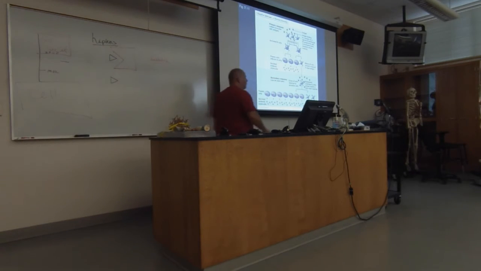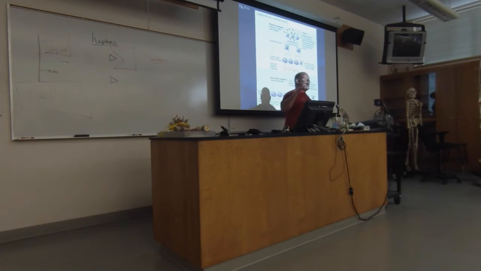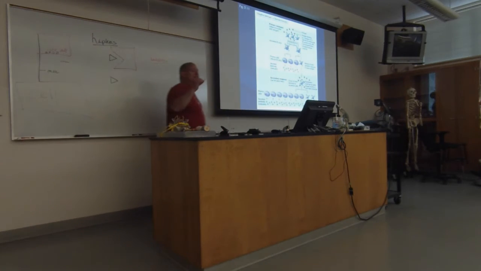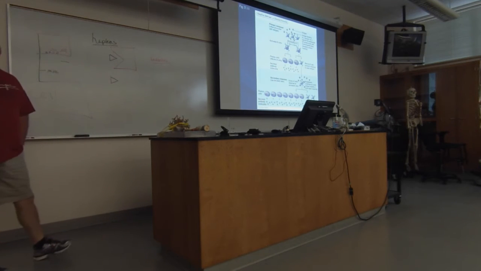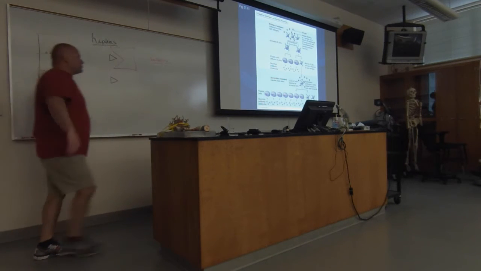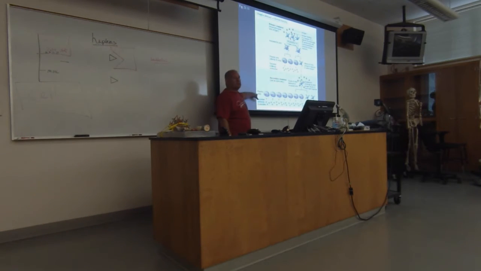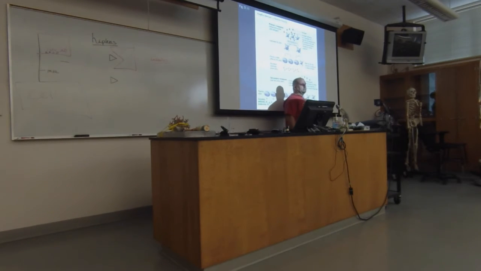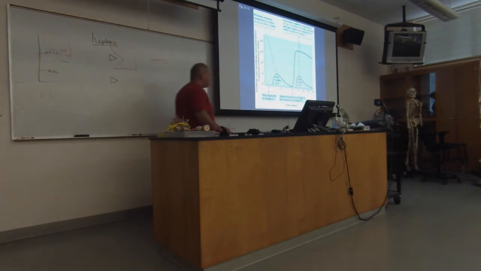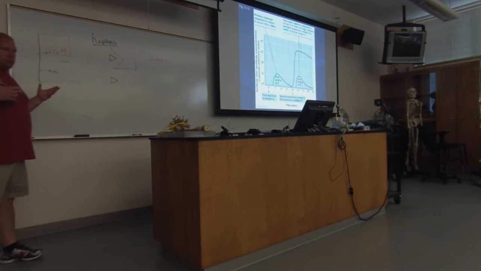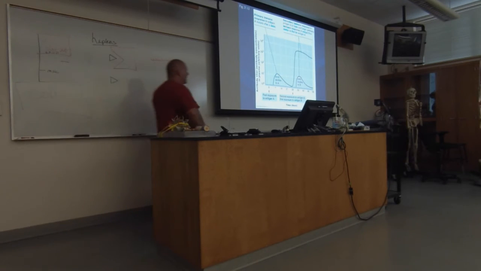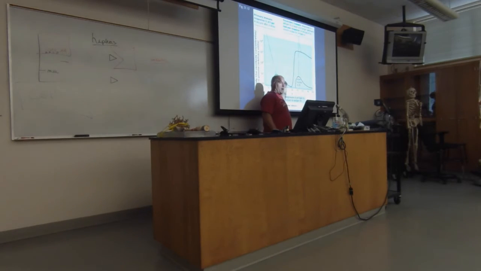Now, if I get exposed to the exact same antigen, the exact same bad guy again in the future, look at the difference. So here's the antigen, cellular division. Look how many more plasma cells I get. And I also get more memory cells. So when we look at this graphically, here I've got the first exposure. Okay, so antibodies to antigen A, bad guy A, however you want to think about it.